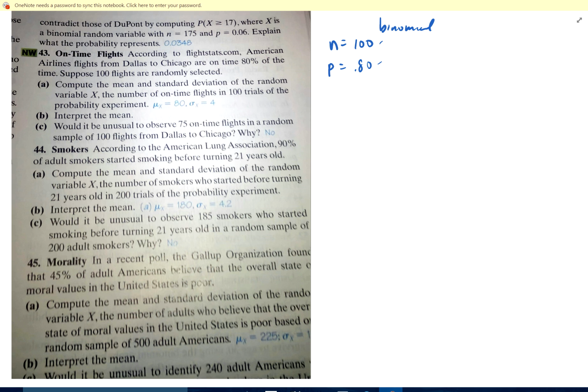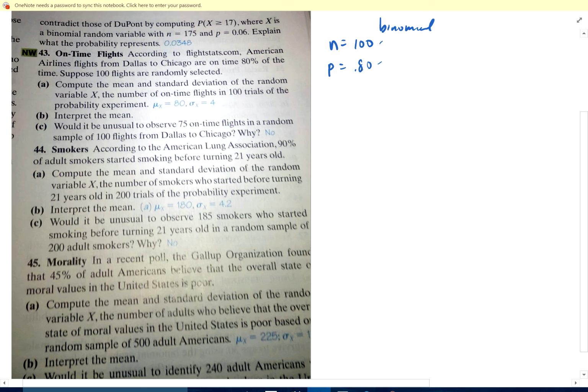All right, on-time flights. We did one like it, but we haven't done this problem. This is a binomial distribution because we have flights from Dallas to Chicago, a fixed number. We have 100 of them. Probability of success is 0.8, and they're independent of each other, and we only have success or failure,